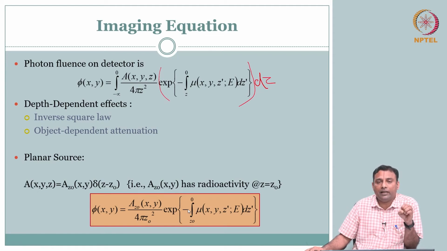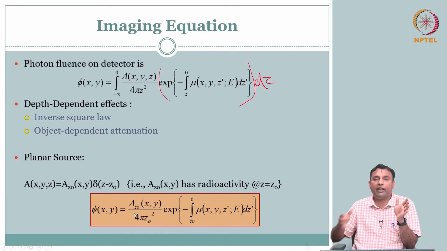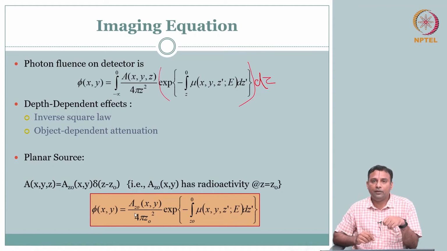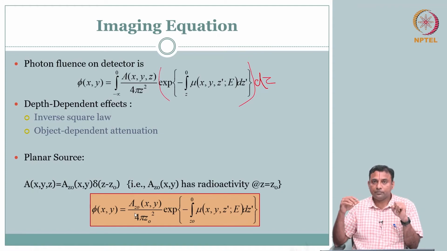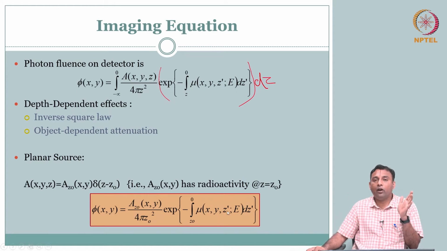But for all practical purposes we started with a point source, whereas here the source is a planar source. Okay. So, that is one thing, and you also notice that it is a tricky business. Even though it looks okay, we can comprehend this, it looks a little tricky in practice, because even if I have a planar source, so the radioactivity is distributed uniformly in a plane. For example, I have the detector, your planar source could be there, but then your attenuation along the path could be slightly different. Okay.